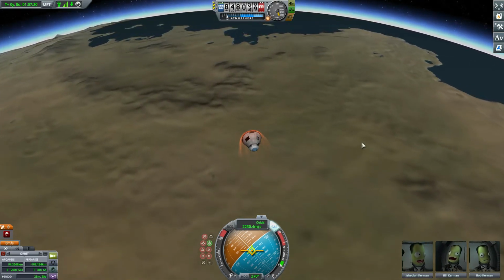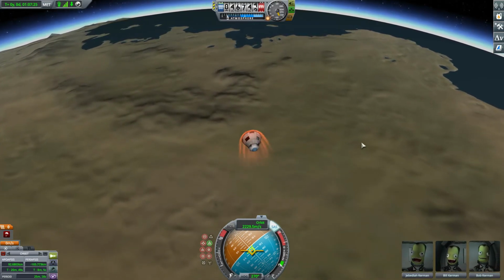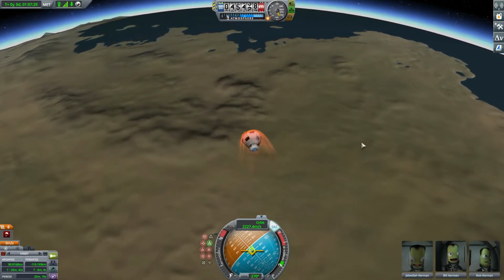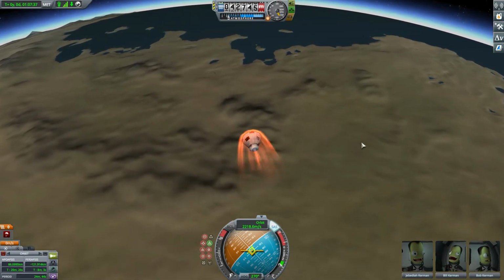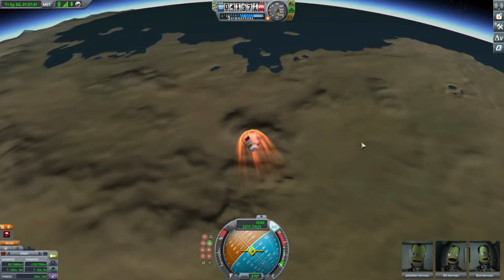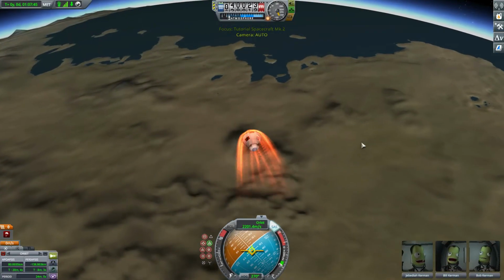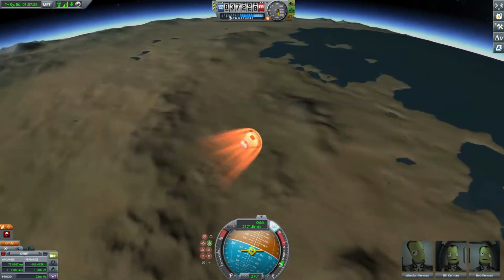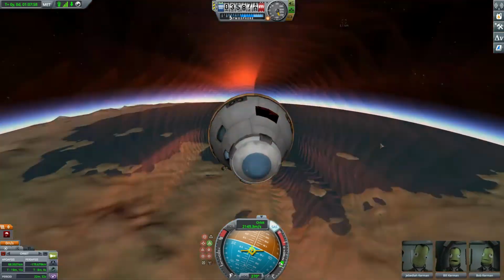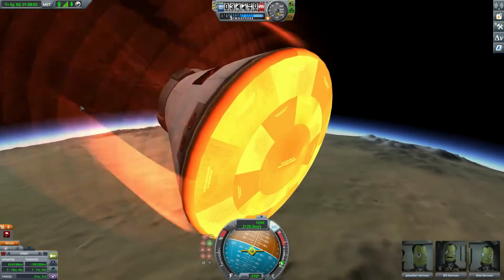space is how you start a new stage, and then you want to point retrograde so your heat shield is facing towards the atmosphere, because that plasma there is not your friend. And that plasma isn't actually caused by friction, it's caused by things to do with pressure and the air getting forced into itself so much that it turns into plasma,